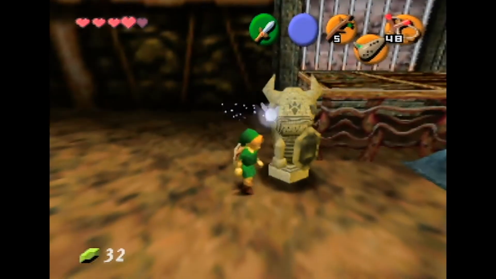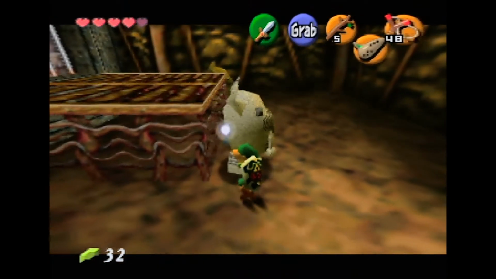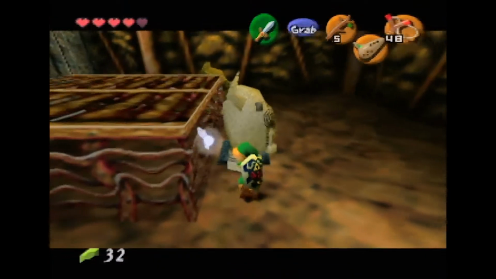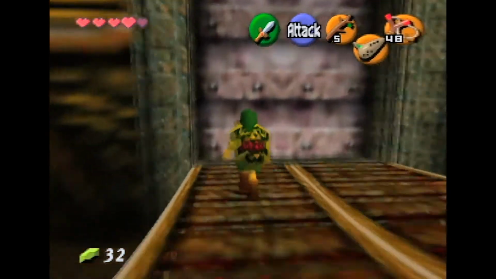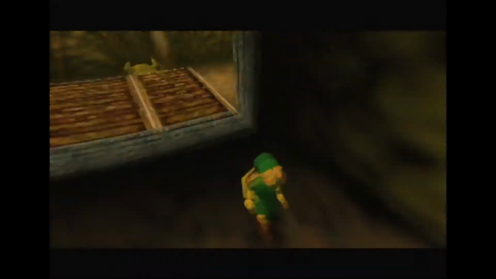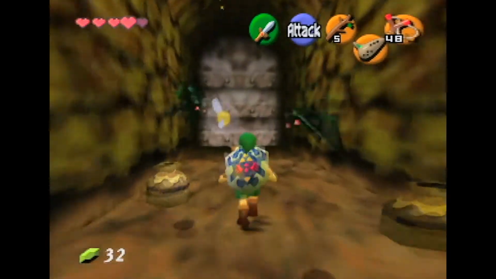Alright, so we move this, because that switch requires constant pressure. We can step on it, once we step off it'll lock the door again. So there is